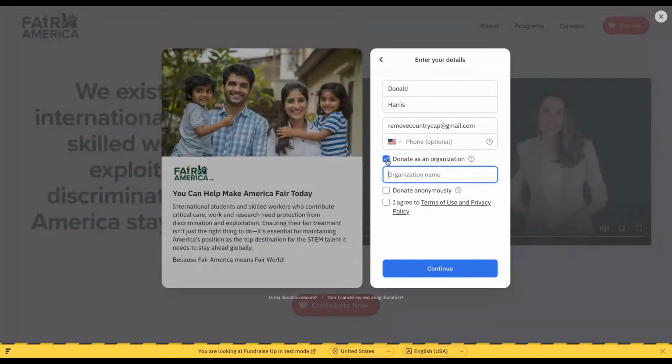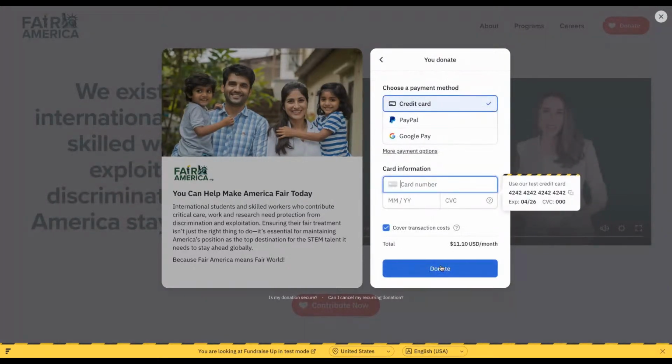You can donate as an organization if you want to. You can donate anonymously as well, if you don't want your name to appear anywhere publicly, that option is there. And during that fundraiser, I have noticed that a lot of the people who are directly impacted like to donate anonymously, right? So that option is there. If you select that, your name won't appear anywhere publicly. Then this is the mandatory field, that you agree to the terms of use and privacy policy of this website. So yeah, these are the few things.